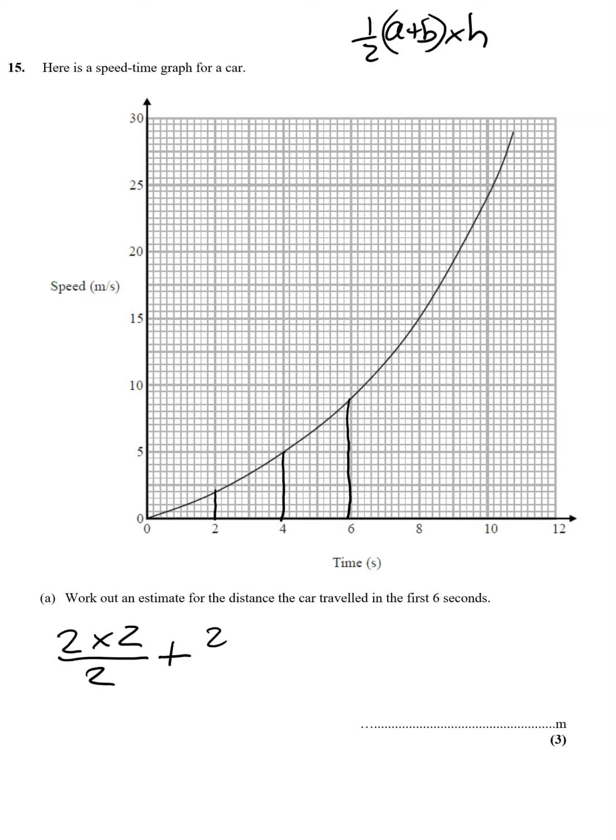So I've got 2 plus 5 divided by 2 times by how wide it is, and then the final one I've got 5 plus 8 divided by 2 times by 2. Put that all into the calculator, I get